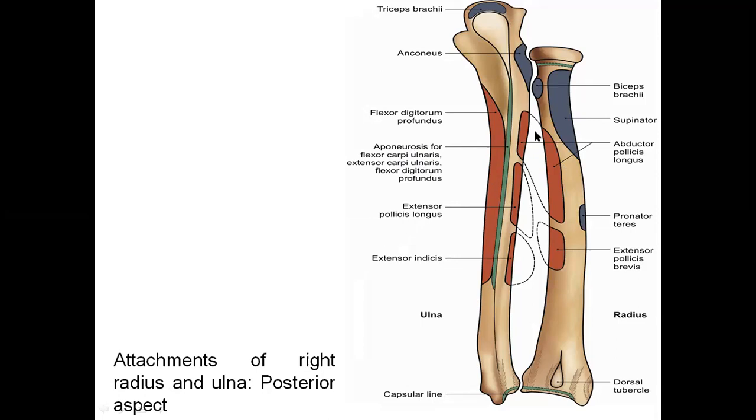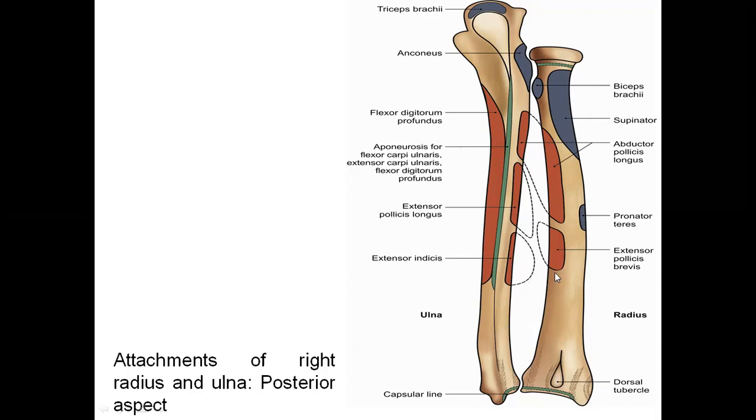Towards the radius bone, this side we will call it as, which side is this? Towards the radius is lateral side, isn't it? And here this is on the posterior aspect. So it is the posterior-lateral surface of the ulna bone which is giving origin to abductor pollicis longus, extensor pollicis longus and extensor indicis. And what is the membrane extending between radius and ulna called as